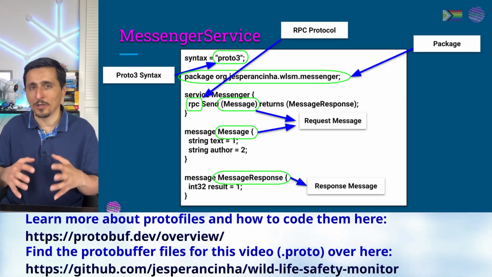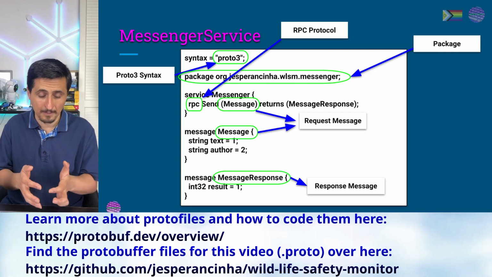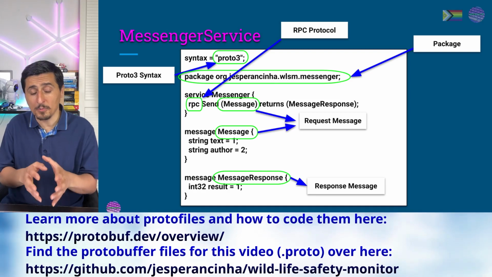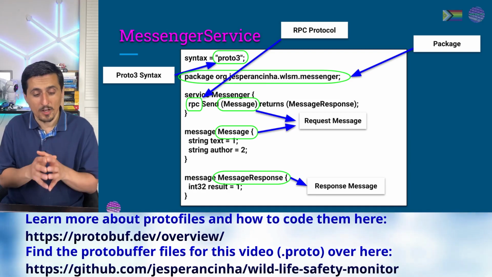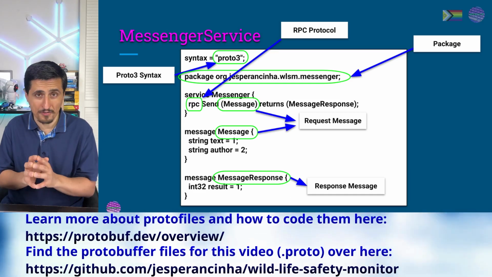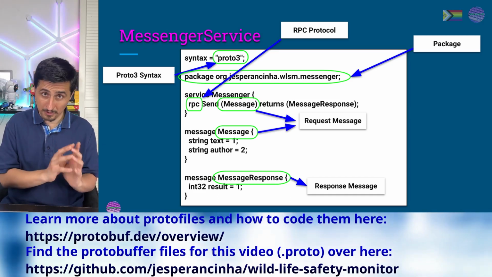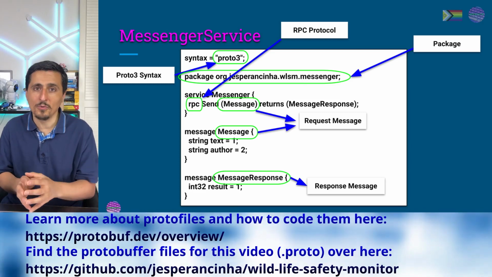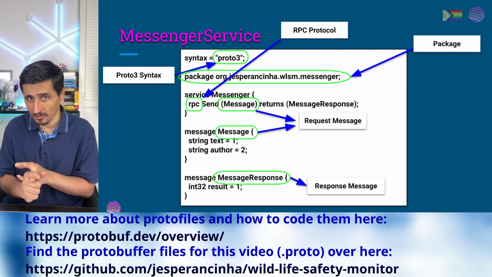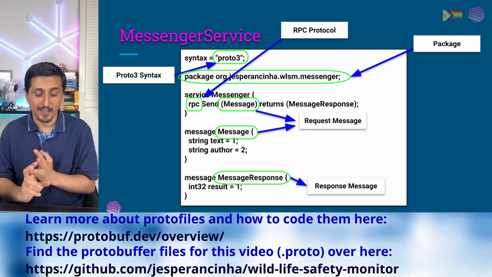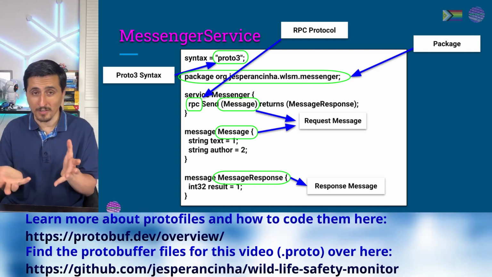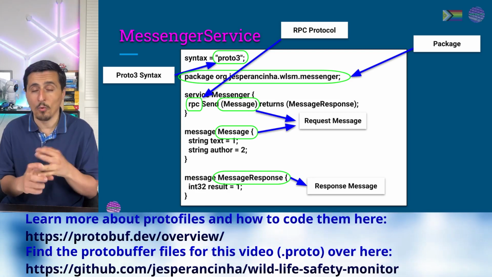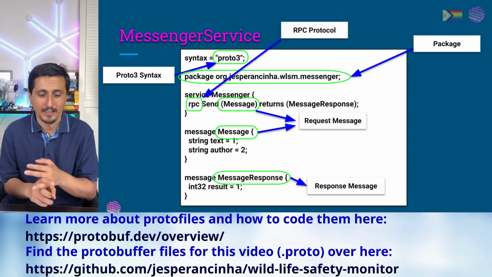And if you look at the definitions of message and message response, these two types are kind of defined in a different way that we are used to in normal code like Java or Kotlin. Essentially, we define, for example, in the input type, that is message, we define it to have two fields, text and author. We tell that these fields are of type string, but then we assign 1 and 2. This 1 and 2 is not an index, it's not an ordinal to define the order of the constructor. It's also not the value, of course, because 1 is not a string. And it's also not a way that protobuf has to interpret a string. What it is